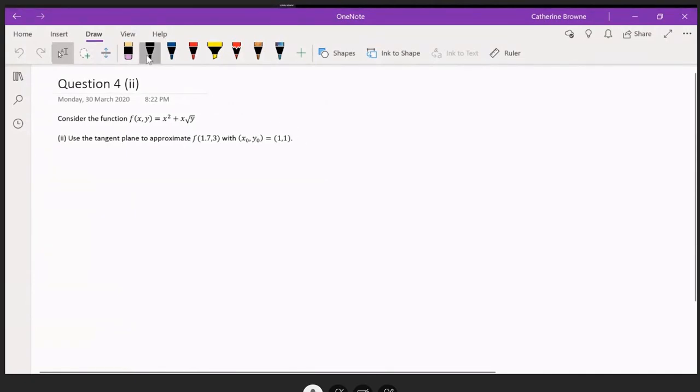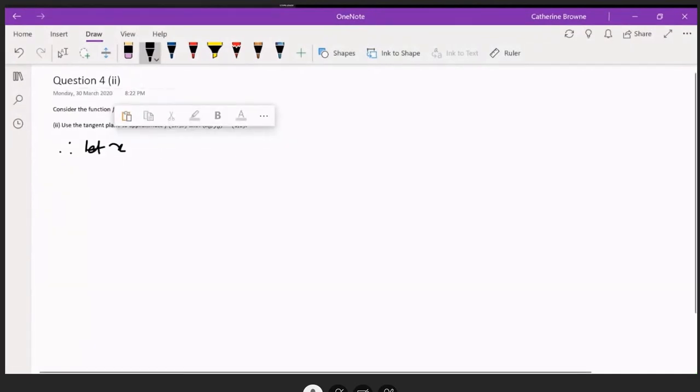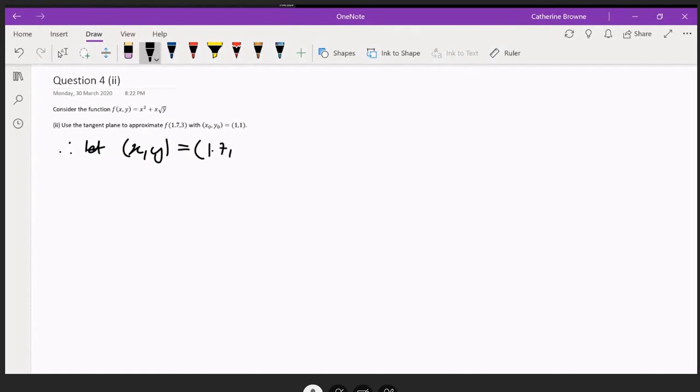So (x, y) is equal to (1.7, 3), and x naught, y naught is equal to 1, 1. So using that tangent plane approximation that we had,